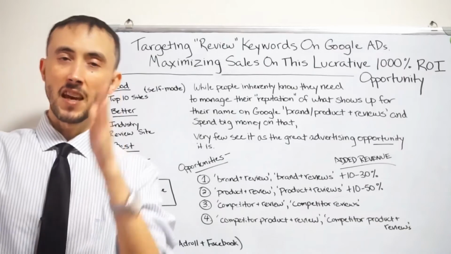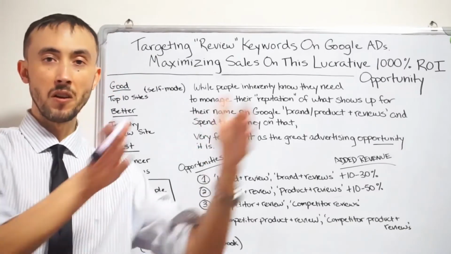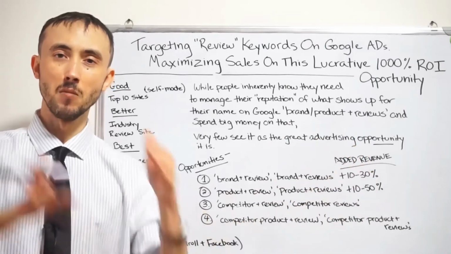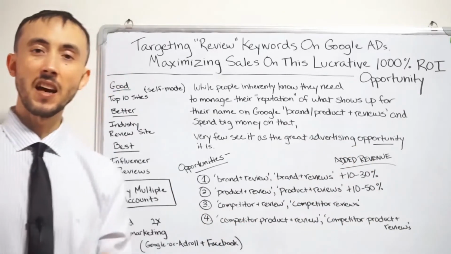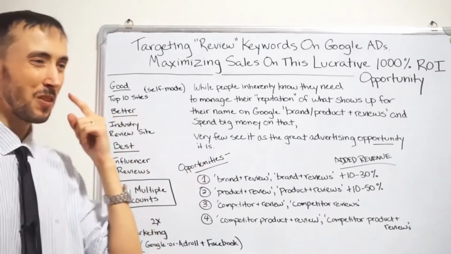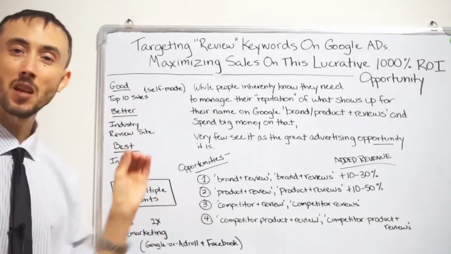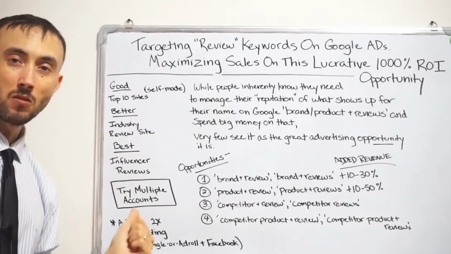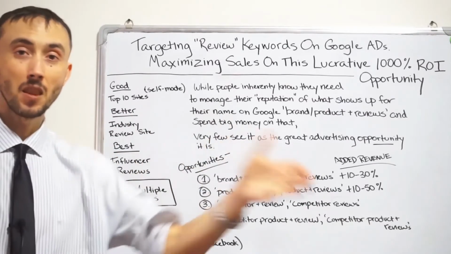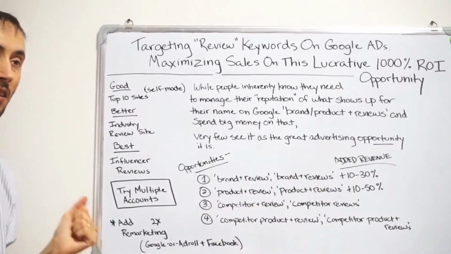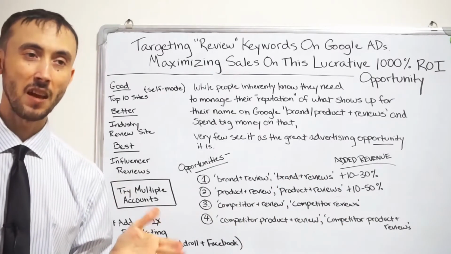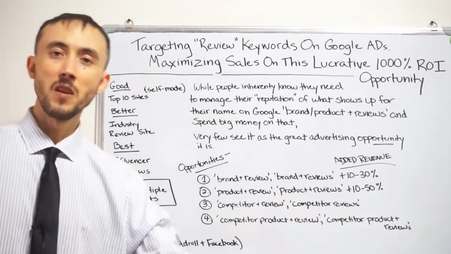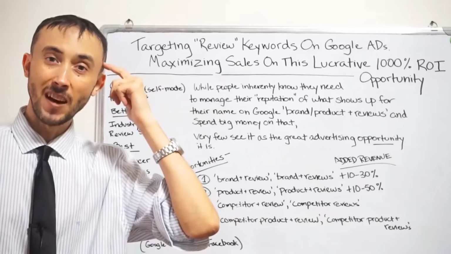Even if you were to take the review that the influencer gave you, put it on a page of your own site and then send people to that, that's still not going to work as well as sending them directly to the review, because their guard is not going to be up. They're not going to be thinking, is this fake? Is it not fake? If you send them directly onto the YouTube review and the ad does not indicate that you sent the product to them for free to get them to review it, which is fine, you just can't incentivize the good review, right? Then they'll see the review and think it's their idea that they found you.